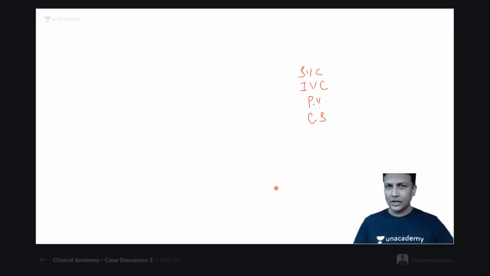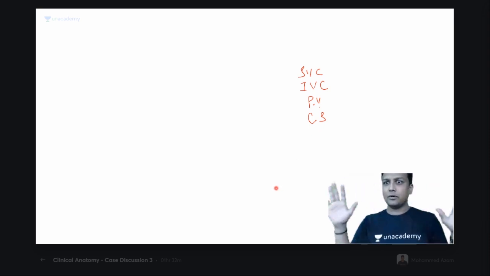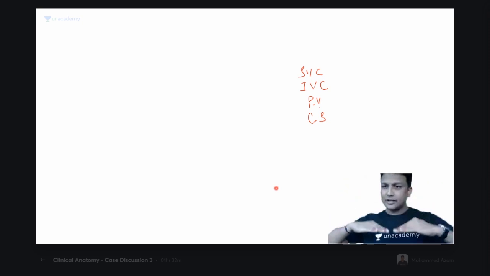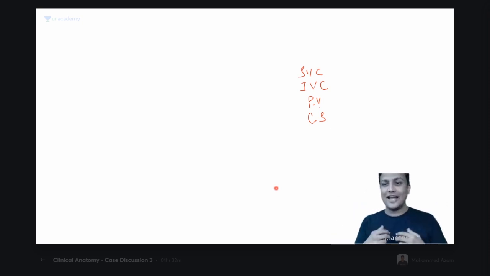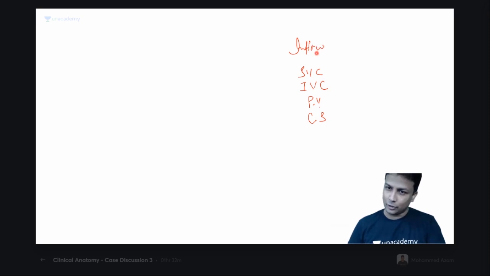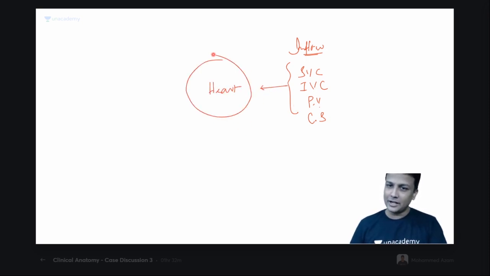I repeat again, I want you all to imagine very broadly in your mind, guys. Our complete body, you broadly imagine in your mind. Upper half of the body blood is collected by superior vena cava. Lower half of the body blood is collected by inferior vena cava. From the lungs, it is by pulmonary veins. And from the heart itself, it is by coronary sinus. Sir, why are you telling all these things right now? Because I can keep all this under inflow category. Yes or no? Of course, they are going to bring the blood to the heart. They are the ones who are going to bring the blood to my heart.